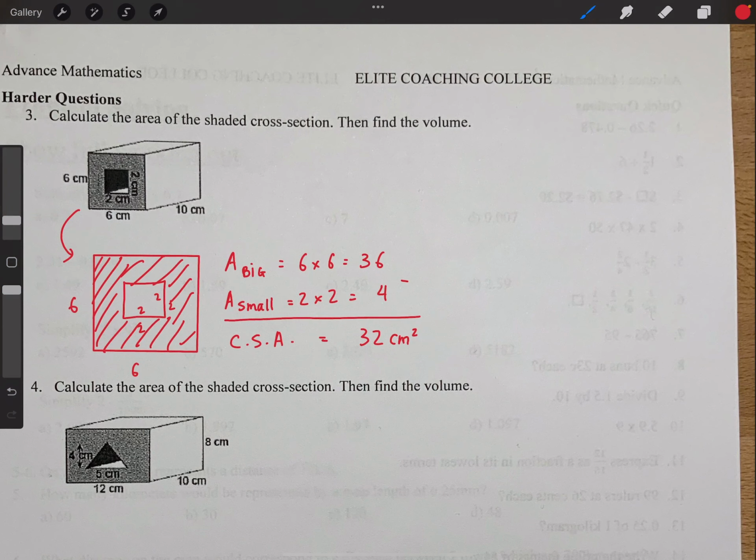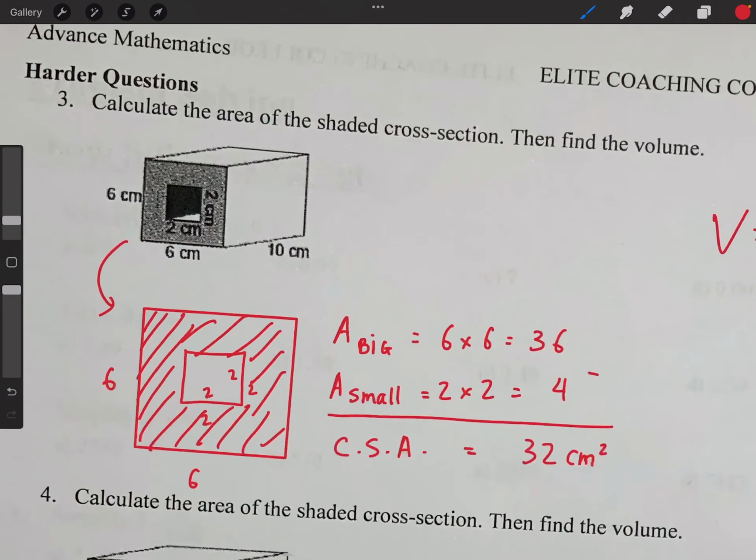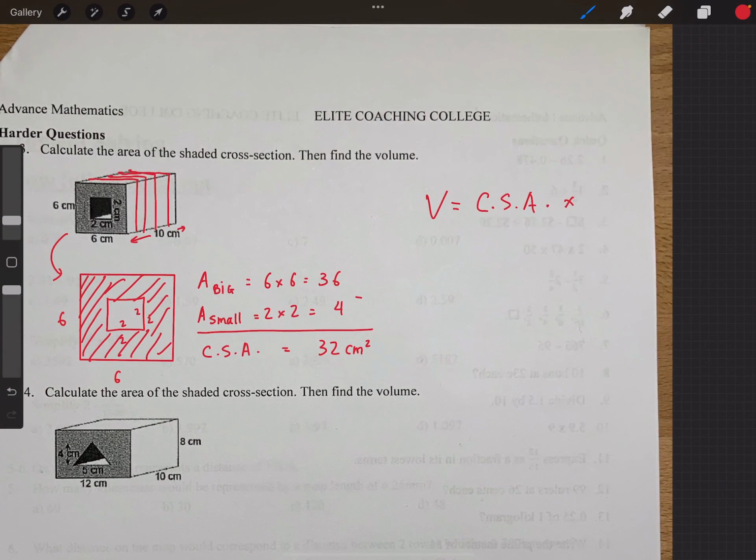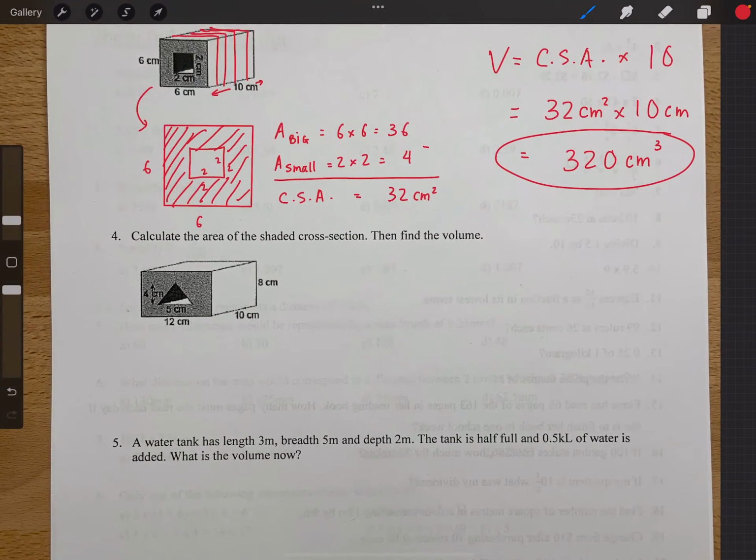Now to find the volume. All right, volume is equal to cross section area times what number? We're going to times it by 10, because we're stacking this shape 10 centimeters this way, and we make a 3D shape, we make a volume. Okay, so that means we must multiply cross section area by 10, so you're going to get 32 centimeters squared times by 10 centimeters, and you're going to get 320 centimeters cubed. There's your answer there. Okay. Now the next